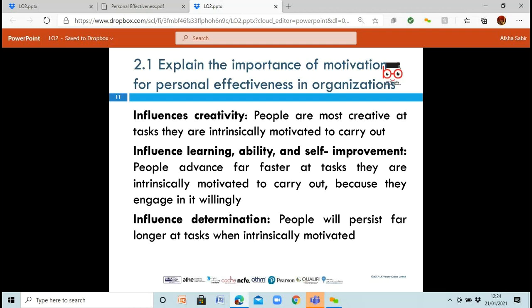So it helps you be determined. It helps you say, right, this is what I'm going to do, and I'm going to work towards it. So all of these points that we've just covered, they all influence. Your motivation actually influences every single little point. So being motivated is a very big factor in your own effectiveness and for your employees.